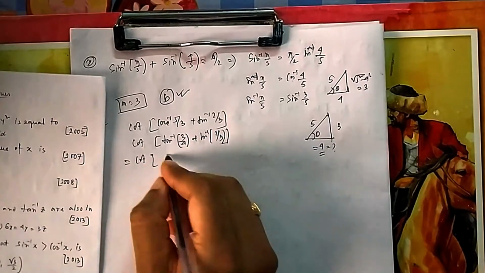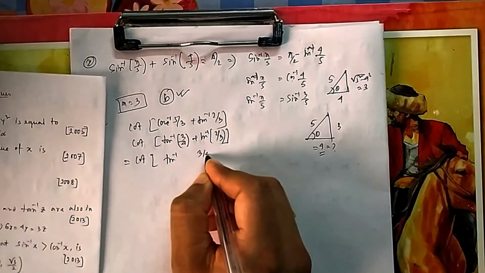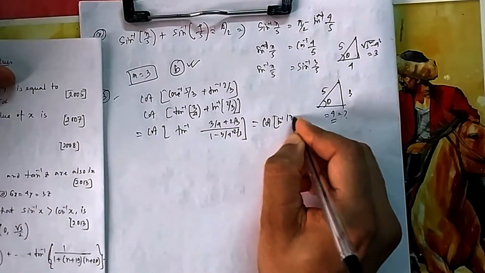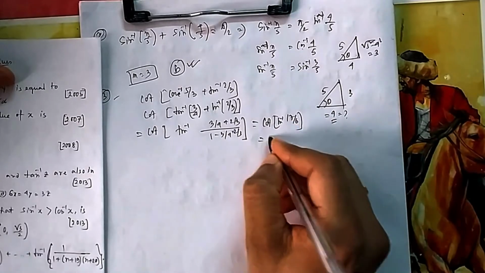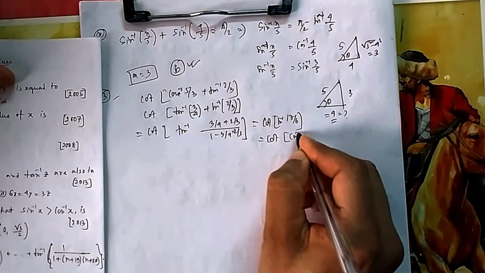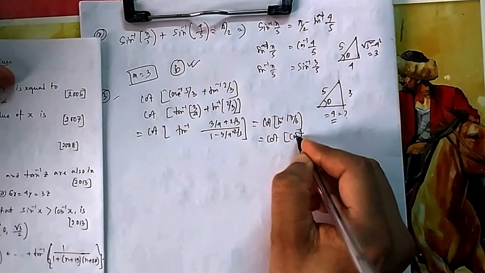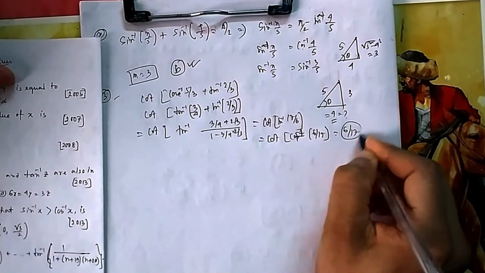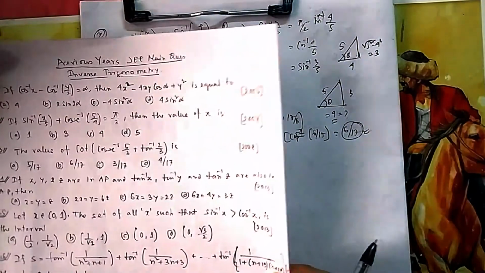Now you can write tan A plus B by 1 minus tan A tan B. So if you do this one, it will be cot of tan inverse 17 by 6. Now tan inverse you can write anytime as cot inverse by interchanging, by taking the reciprocal only. So cot inverse 6 by 17. So cot and cot inverse will get cancelled. The answer will be 6 by 17. That is your option B.